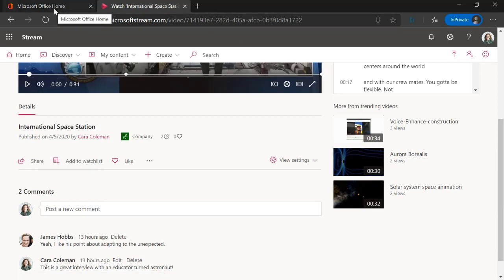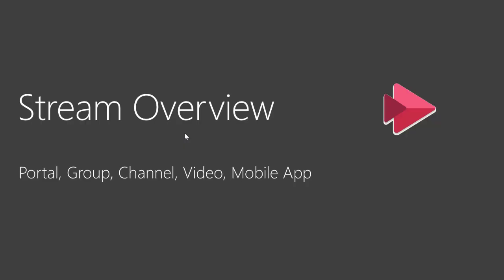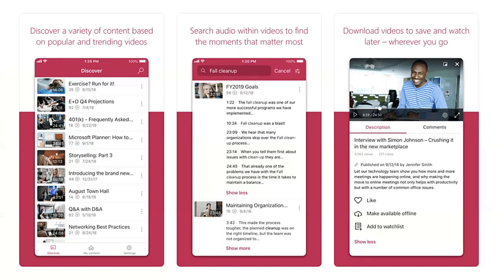But also, we also have a mobile app. And let me flip back over to my slides real quick. Give you a quick look of what the screens on the mobile app look like. This is a companion app that works on Android or iOS. It allows you to bring that same richness of all the content that you have access to, and see it all here in one screen and be able to search for things by not only the content of the title or the description, but because we're doing speech to text conversion,